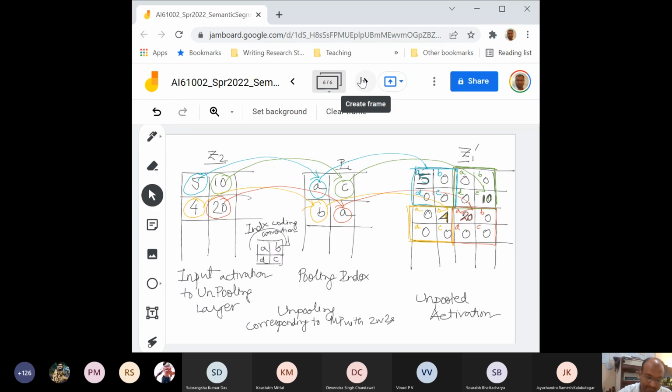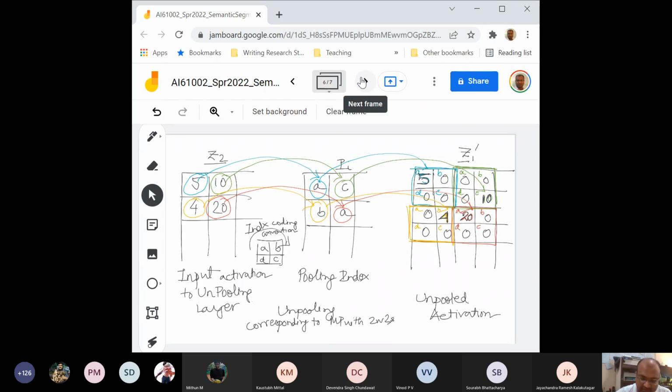Sir, what will be the flops for max pooling and unpooling? Flops for max unpooling or max pooling. For max pooling, I think we have done it because it was there in the assignment in the worksheet. Yes, sir, for unpooling. No, for pooling, you know it. So now let's derive it. Why don't you derive and tell me what the flops will be for the unpooling operation?